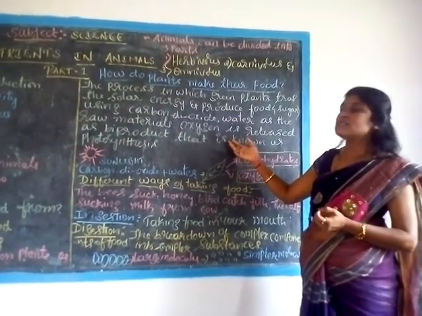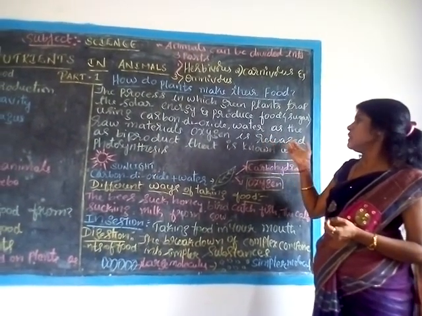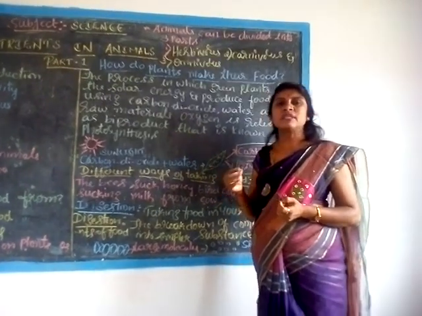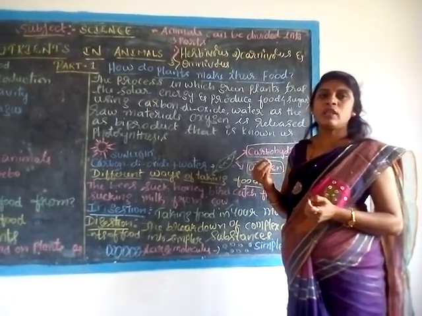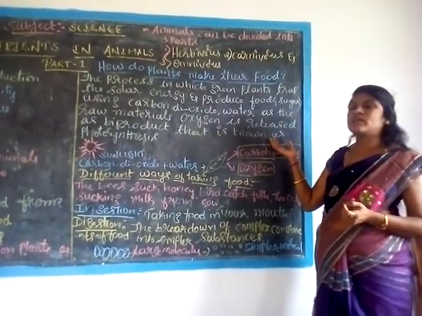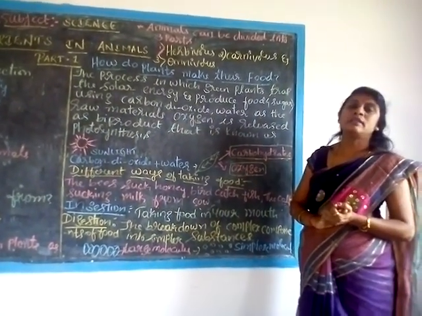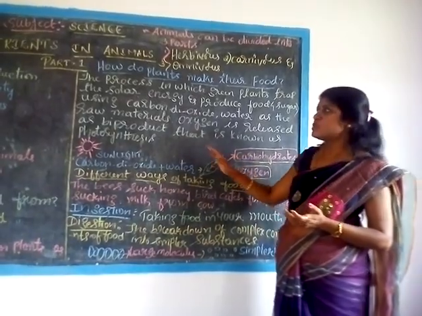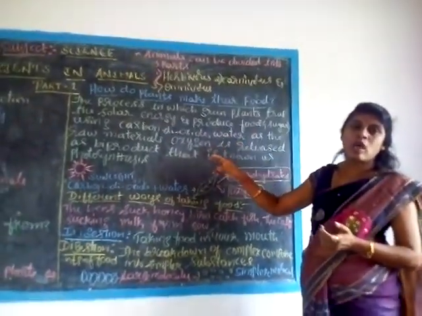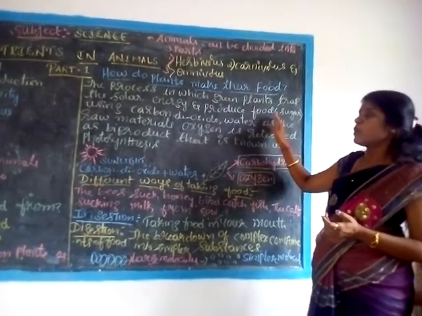It releases the oxygen as byproduct. The plants give the oxygen for us for the respiration as a byproduct. That is known as photosynthesis. I think you all understand what is photosynthesis, the process in which the plant utilizes solar energy and produces food